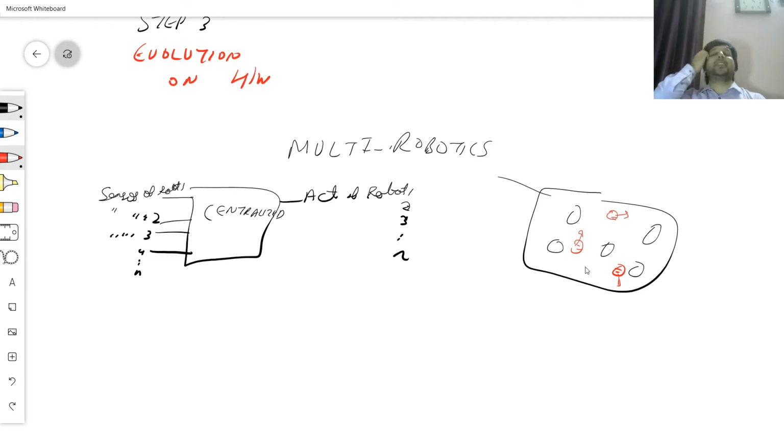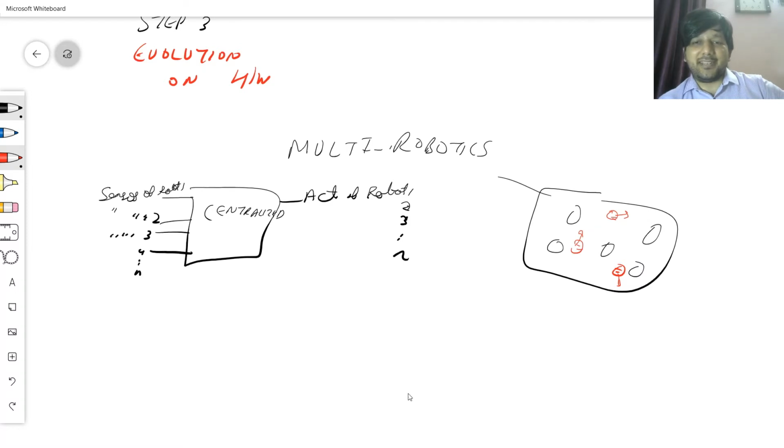But I cannot learn a swarm like this because the number of input parameters is now too many. Even for 3-4 robots, they are too many. And the number of actuator outputs, linear speed, angular speed, will also become too many. Even for 2-3 robots, for 3 robots, it will be 6. There are too many outputs, too many inputs. So centralized is of course a terrible idea. Centralized is something that should not work, and that needs to be changed into a decentralized approach.